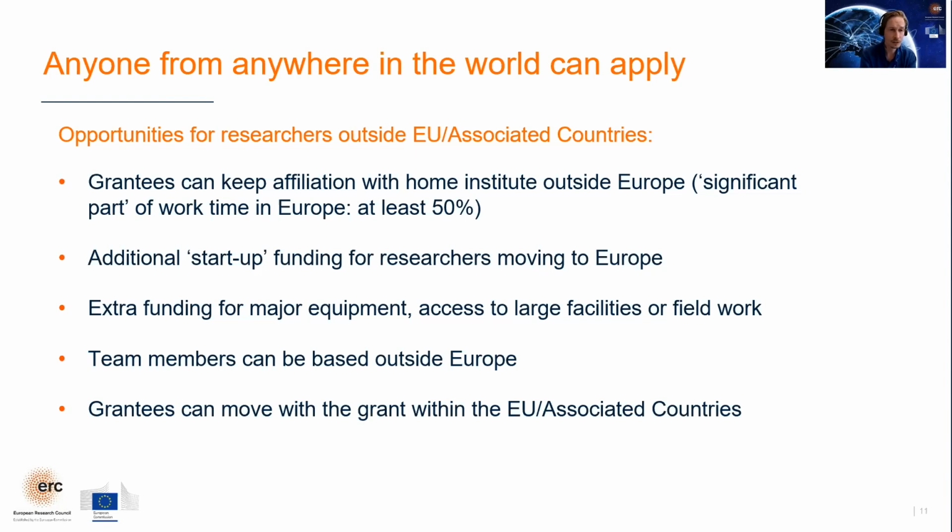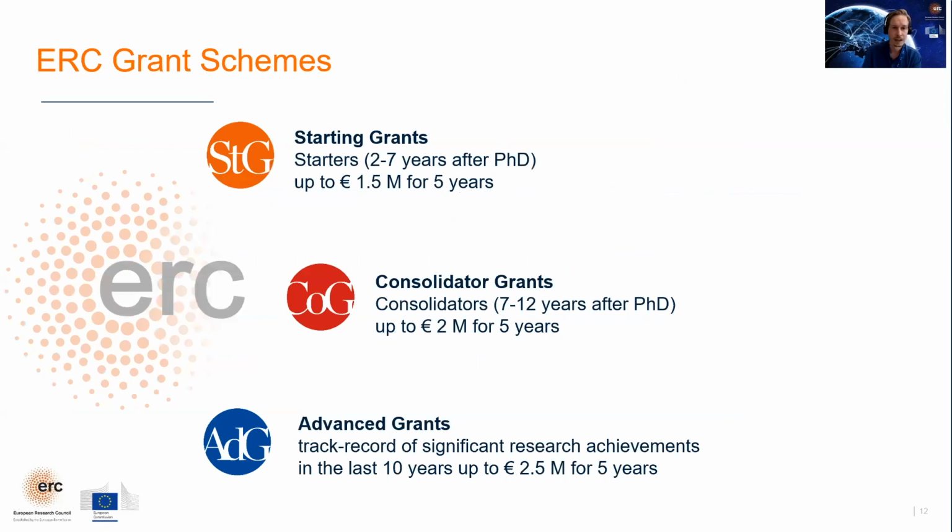The team members can also be based outside of Europe, and the grantees can move with the grant, so the portability to EU or associated countries. So I now will highlight the main ERC grant schemes. Those are the 3 mono beneficiary grants that are divided according to academic maturity and vary accordingly in